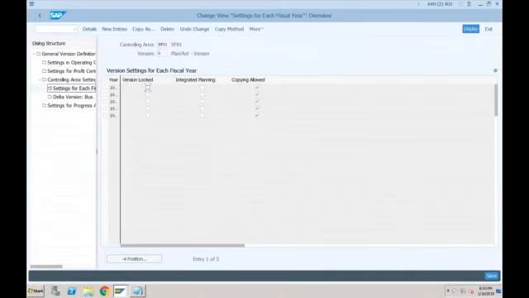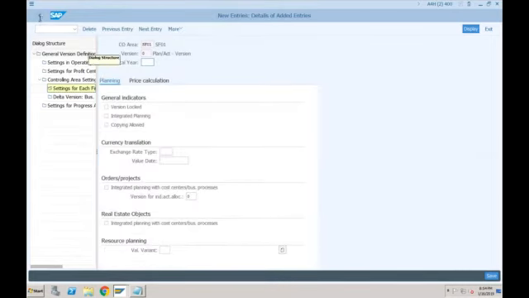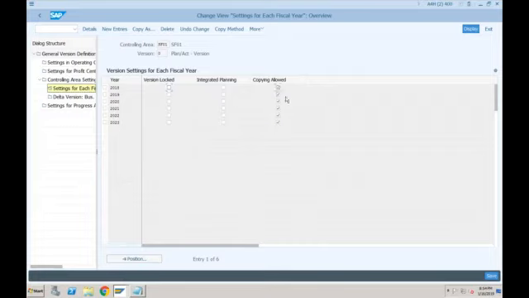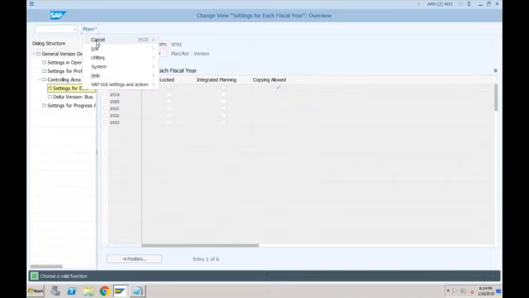Yes, it is not maintained, I think. It is starting from 2019. Okay, so let's click on new entry, or maybe if there is an option of copy as. Okay, let's go ahead with this 2018. I'm just making the same settings and click on save. Why is it asking for this as a mandatory field? Some mandatory field is there, so let's do one thing. Let's go out completely from here. Cancel.